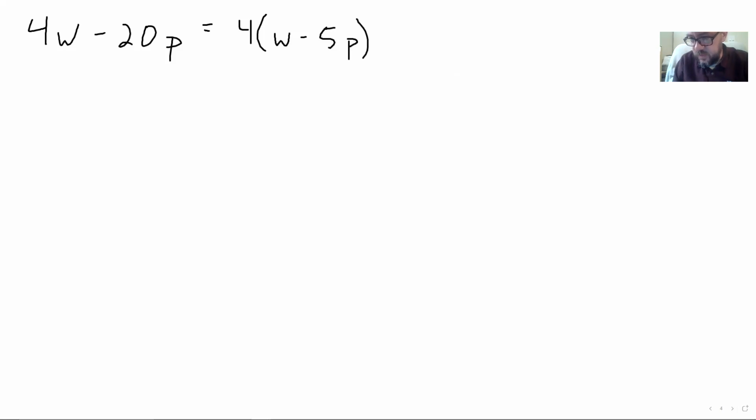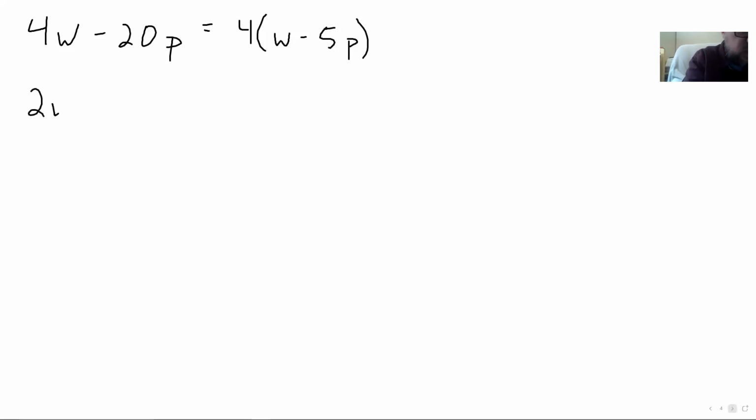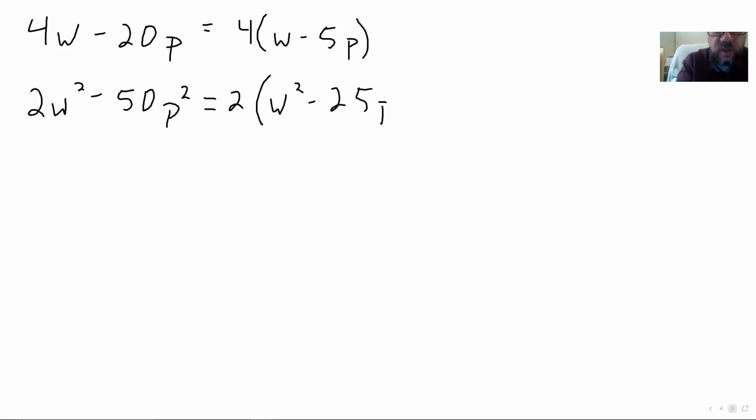All right, let's see what else we got. 2w squared minus 50p squared. So that kind of looks like a difference of squares, except 2 and 50 aren't perfect squares. However, I can pull a 2 out, so let's do that. That leaves me w squared minus 25p squared, and lo and behold, that is a difference of squares, so that is going to be 2 times w plus 5p